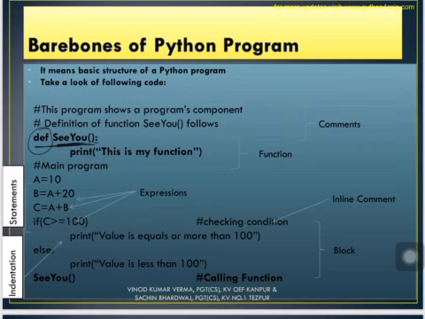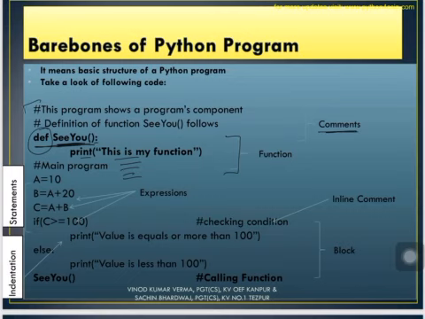Now see, this is another example of a punctuator. We are putting a punctuator colon. That means we are going to start with a new block afterwards. Now within this function I am simply writing print. This is my function. We can have more than one statement also within a single function. So this is how I have defined a very small function in which I have given only a print statement. We can have many more statements if you want. So this is called a function, and this is a comment.